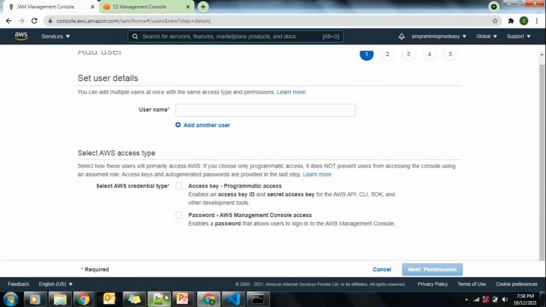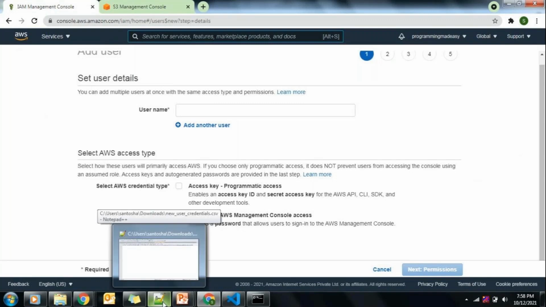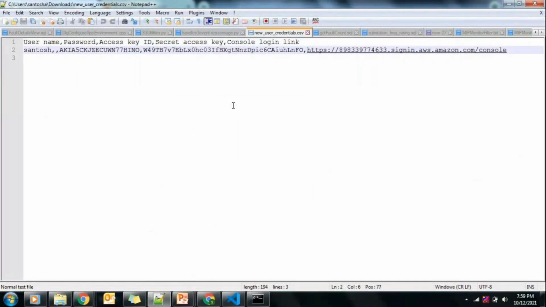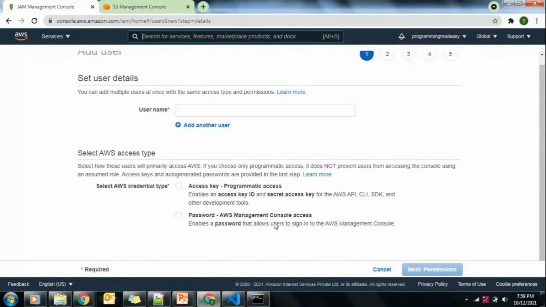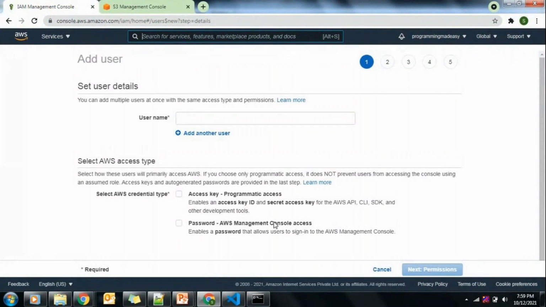Once you create the user, you can download the credentials. It will look something like this. This is my access key ID and this is the secret access key. Okay. As soon as this demo is over, I'm going to delete this user, so you will not be able to use it later. So this is one of the requirements we have to do, that is the creation of the user. The second thing is